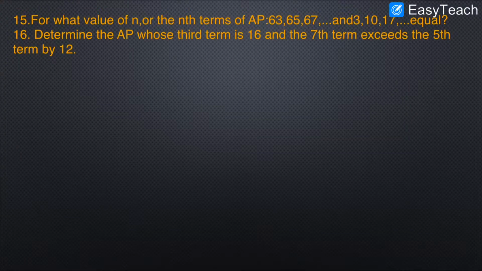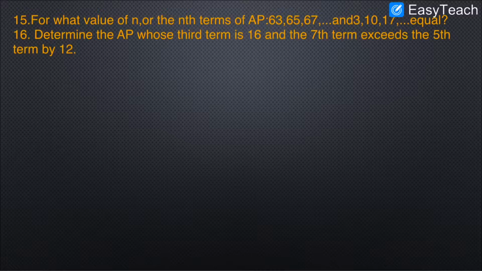So we have been solving some problems from exercise 5.2. Let's try to solve these two problems in this session. The fifth one: for what value of n are the nth terms of the AP 63, 65, 67 and the other AP 3, 10, 17 equal? Here two APs are given, so we need to find in which place the